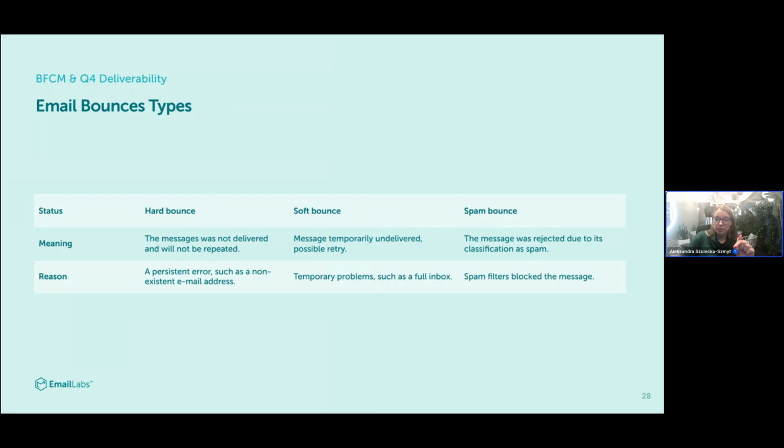It usually happens when you are blocked by one of the global blockers like Spamhaus or AbuseX, but it can also happen when you haven't been sending emails to a Microsoft provider for a while, or you increase the volume and they deem it suspicious, then you can also receive a spam bounce.